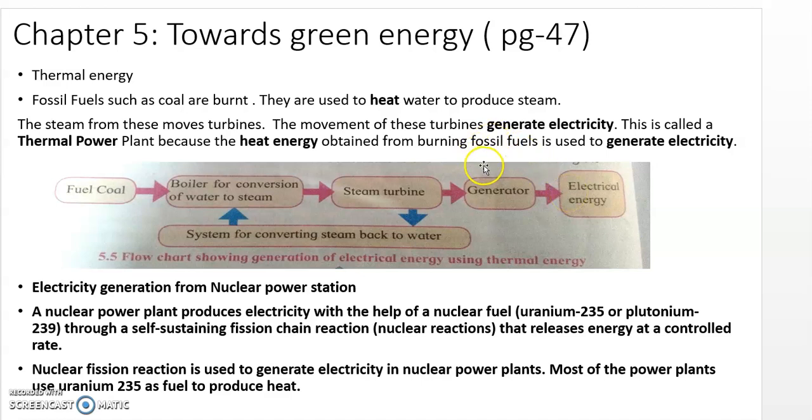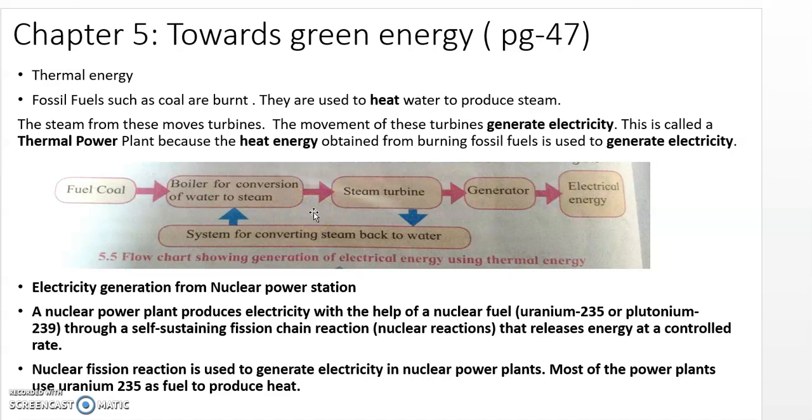So how will you describe this? In this, the turbine is rotated using what? Using the steam. How is the steam produced? By heating the water. So the water is heated in the boiler using the thermal energy released due to the burning of the coal. Steam of very high temperature and pressure is generated. The energy in the steam then drives the turbine. Thus the generator which is connected to the turbine rotates and electric energy is produced. So this is the flow chart.